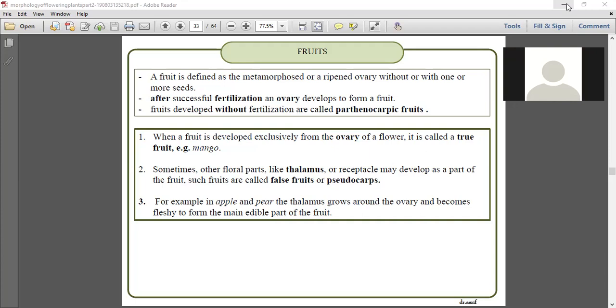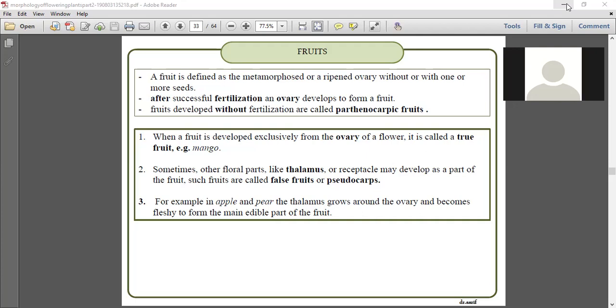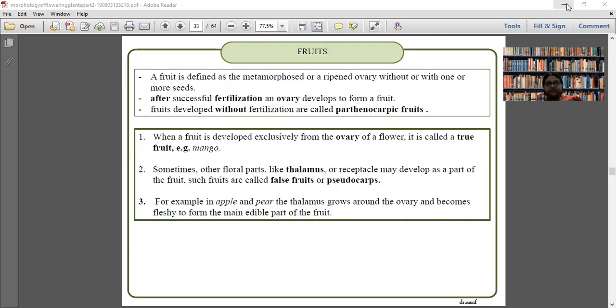Now I am going. Yes, Ayushi. Ma'am, the method you mentioned, do we do it or does it happen through a natural process? See, it is a very valid question. In your next grade, grade 12, you will learn there is a natural method called parthenogenesis, observed in some animals and also in plants, where they do it by natural means. But parthenocarpy is generally induced by humans for our selfish need of obtaining seedless fruit.